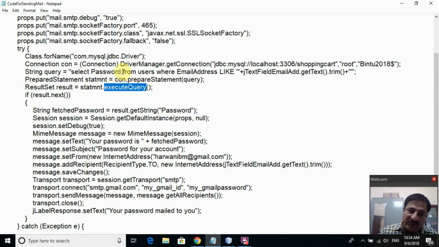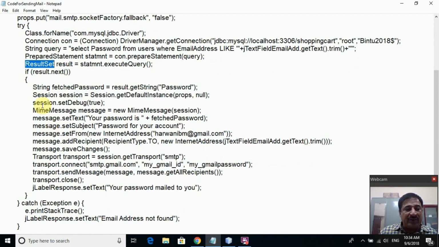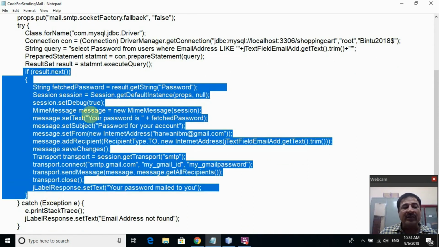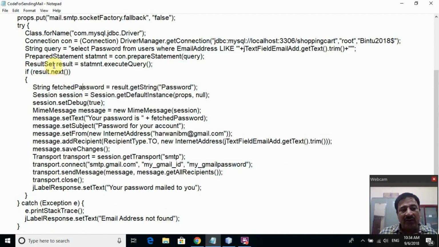Whatever row is accessed from execution of the SQL statement will be assigned to this result object of ResultSet class. If result.next, this if block will be executed if even a single row is found and is assigned to this result object. If no row is accessed, then it will display this message, email address not found.